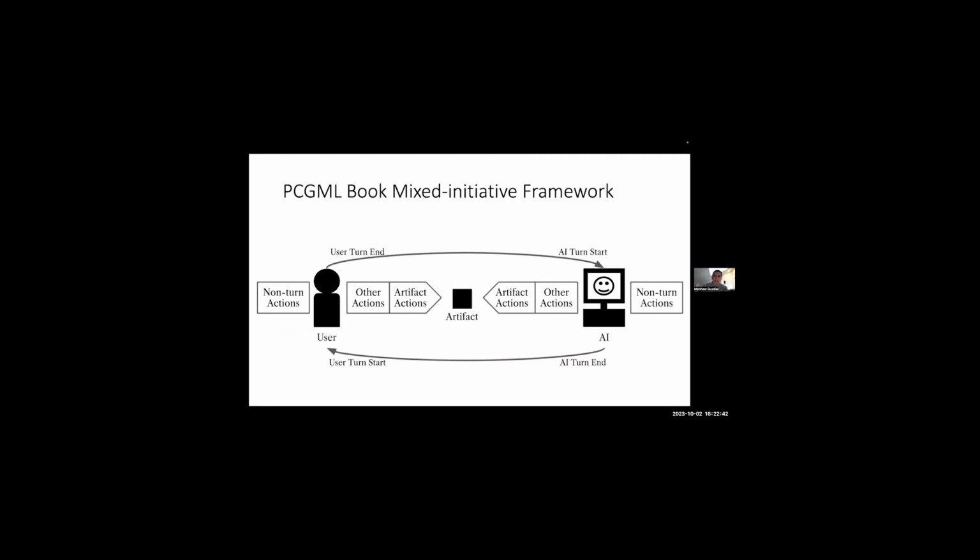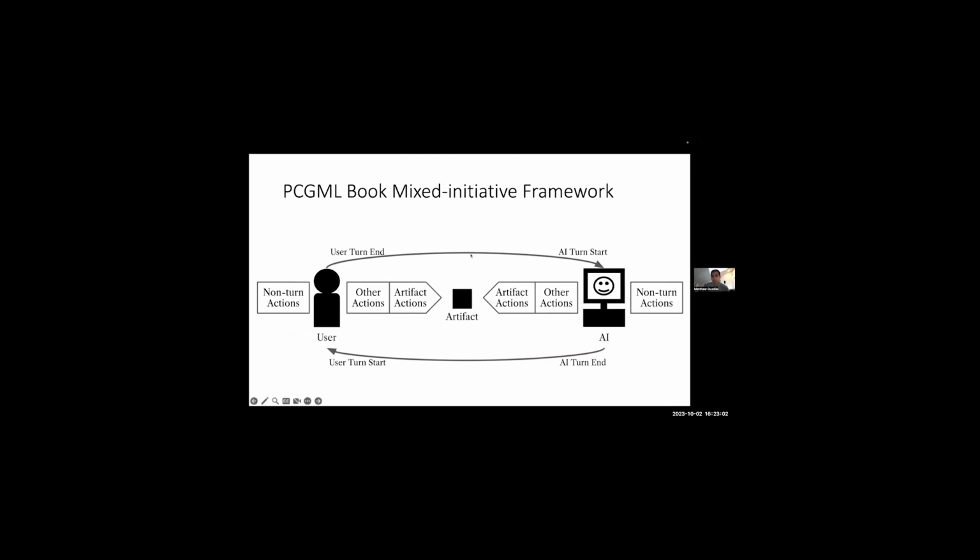And this could be used as a design tool. It could also be used as a comparison tool, as I'll show you in just a second. So basically, to talk you through this figure a little bit, hopefully you can see my mouse. We have a user on one side, so it's a human user, and we have some sort of AI system on the other side. So this is not assuming this is using a machine learning system. This could be using a constructive system or whatever.